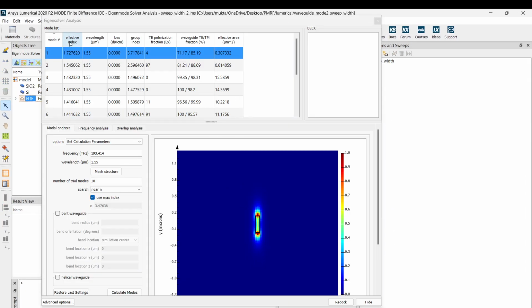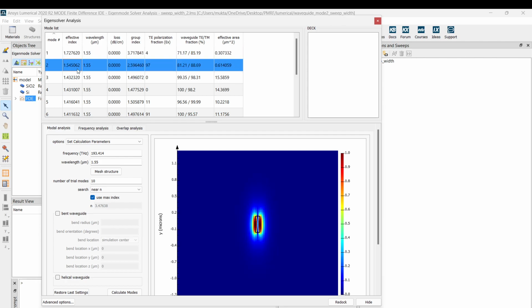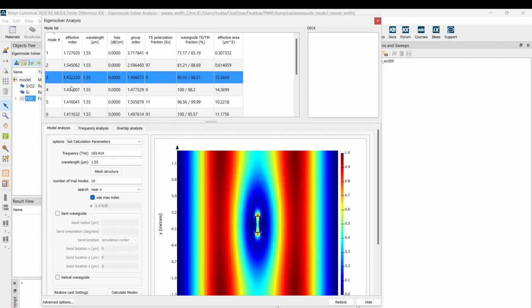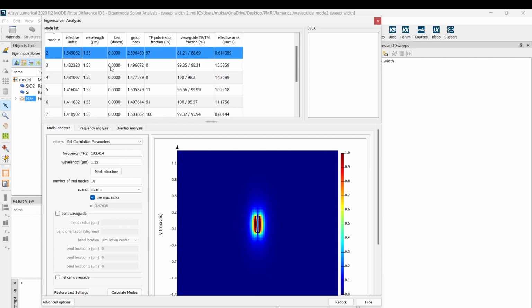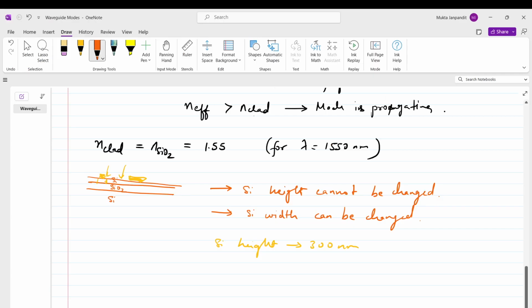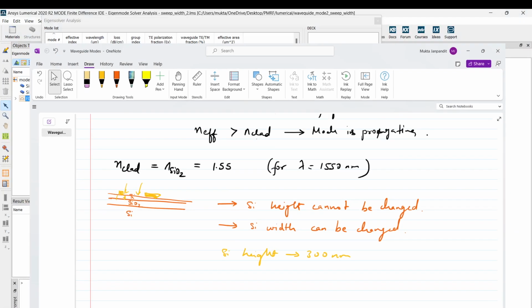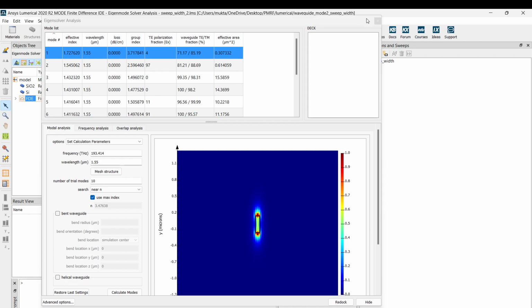For the 200 nanometer one also, one mode is confined. It's a TM mode, so we can say it's a single mode operation. But that's a TM mode that is confined. So in the design problem, we didn't specify if we want the waveguide to be TE mode or TM mode. So yeah, let's just do that right away. Or let's see, it doesn't matter.